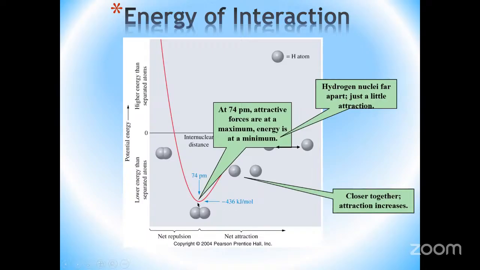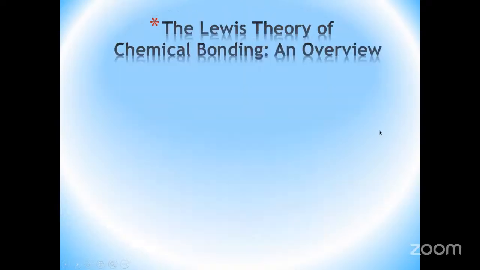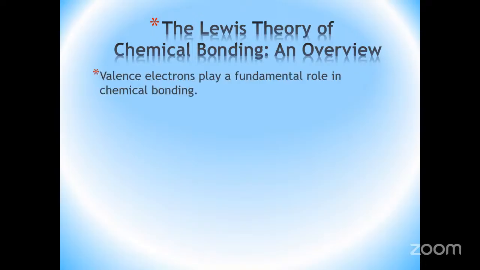So if you want to go from here to where the bond is completely broken, you're going to need to supply this amount of energy in order to achieve that. And then as you bring the nuclei closer to each other, as I said before, the energy starts to increase because of increased repulsion between the two charges. Okay, so that is basically a very simplified version of explaining how bonds work in terms of the most stable